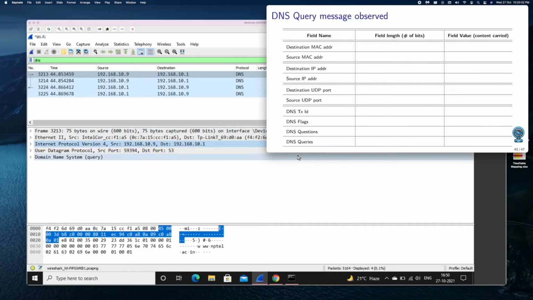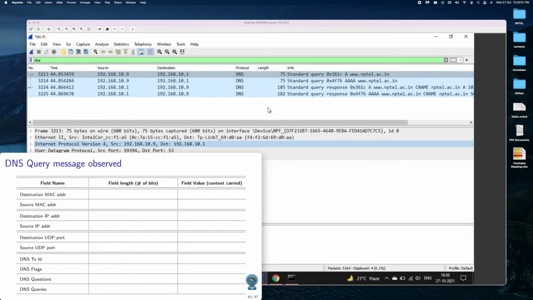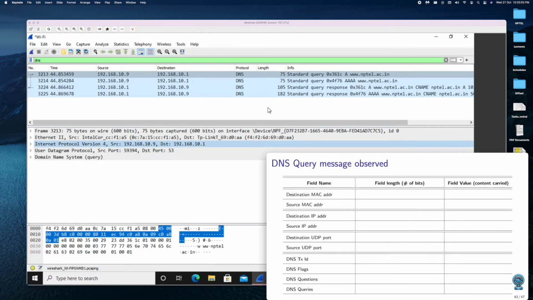So destination port, where is the destination port? Yes, it is here. It is slightly hidden. So let me move the slides to a different location. Is this better? Yeah, I think this is better. So let's note down the